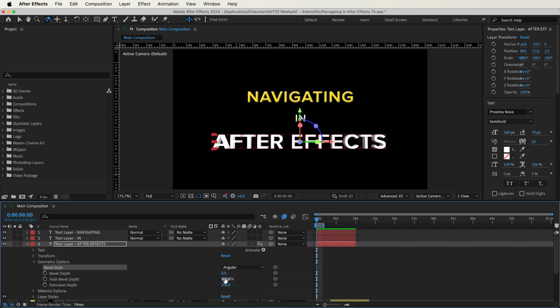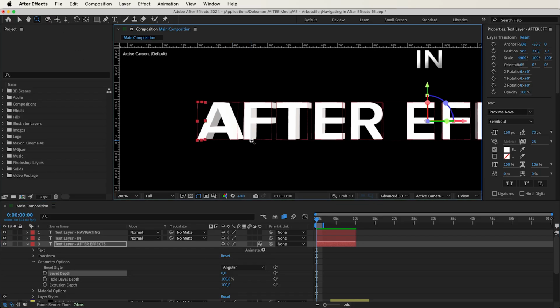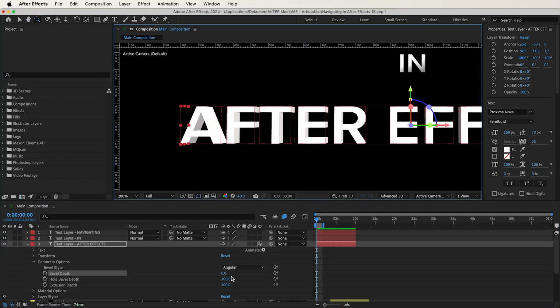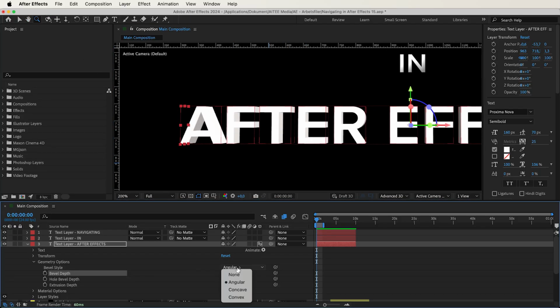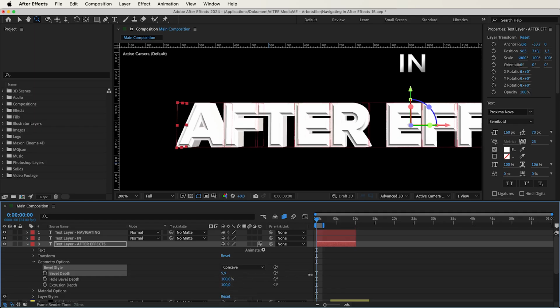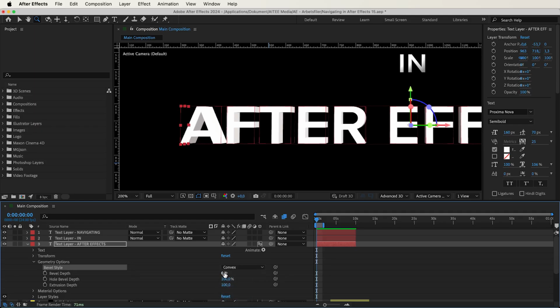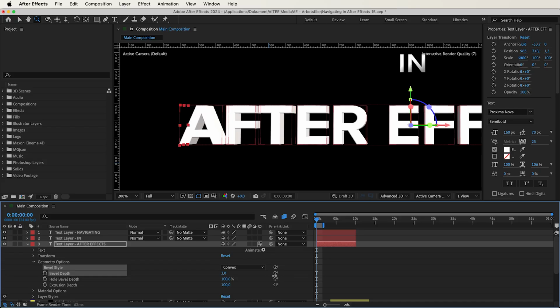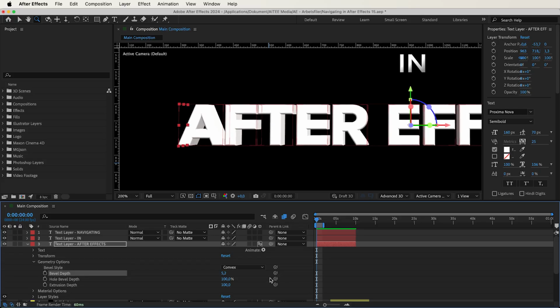The bevel depth can be adjusted between the values of 0 and 10. Hole bevel depth gives some maneuverability for all letters with a hole in it, as for the A and R